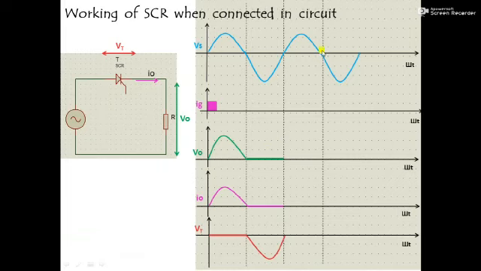And again in the positive half cycle, the same thing that was done here will be repeated. In the positive half cycle, again this thyristor is turned on by applying a gate triggering pulse. Once it is turned on, your V0 will be the same as Vs, which is the positive half cycle. I0 will be in phase with V0 and Vt will again be 0 because it is providing a short here. The same thing that happened in the negative half cycle will again repeat here. So this is the basic working of SCR when it is connected in a circuit.